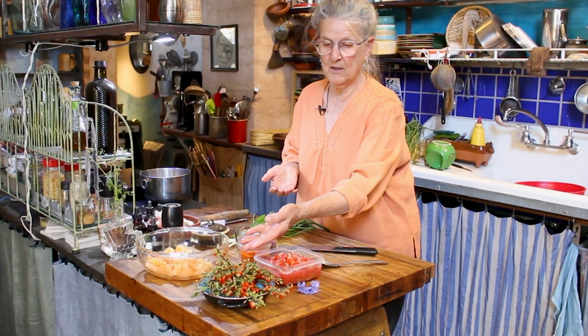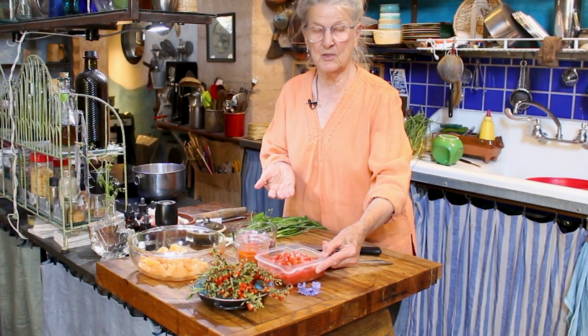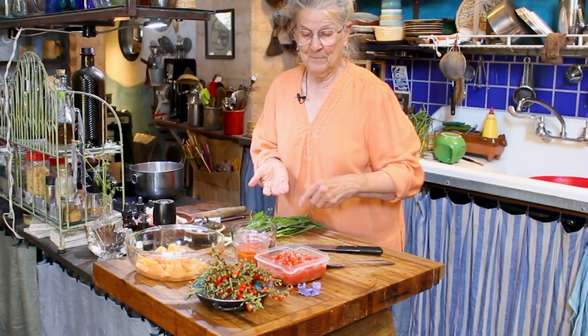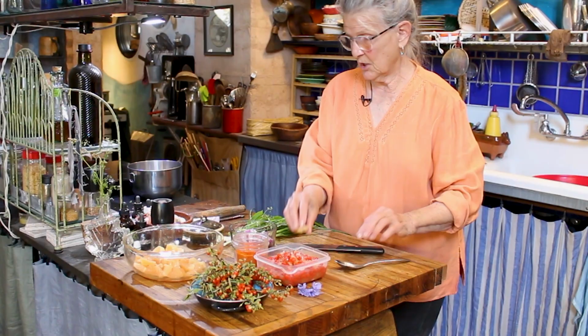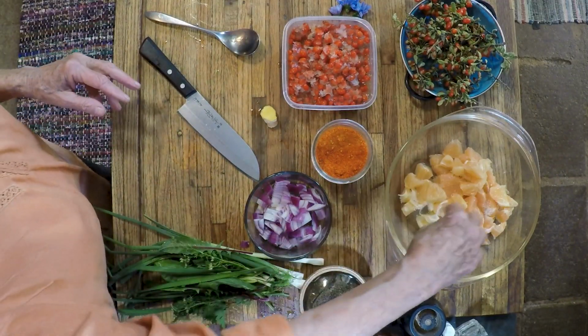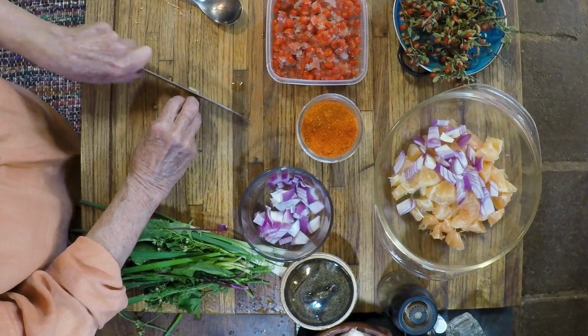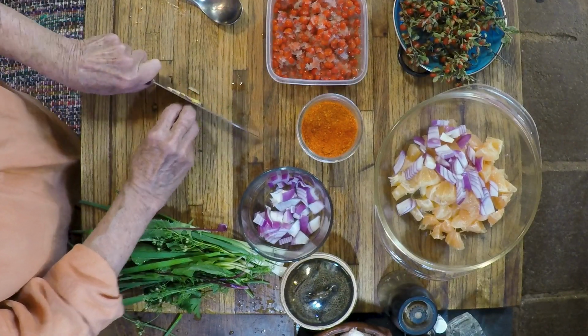So we have the wolfberries that were just picked. We have wolfberries that were actually frozen in lemon juice, which is a great way to save them. We have ginger, and I'm just gonna start chopping them up. I've already processed the grapefruit, a little bit of ginger,